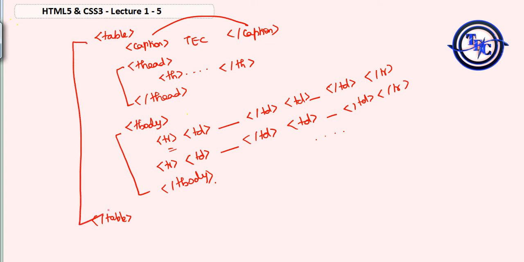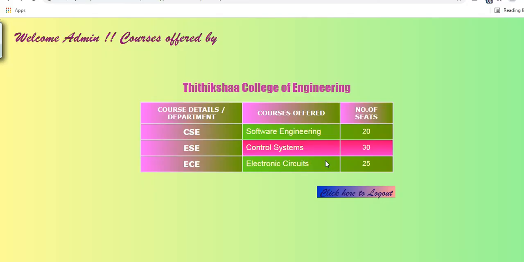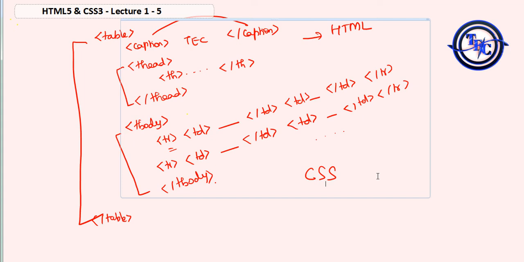For structuring this you will use HTML. The current version I think is 5 or 6. Next one, for styling, how it has to look. See, I'm giving some gradient colors, and the font I have changed, the size of the font also I have changed, here using cursive letters, and here I'm using shading. It's simply a link, an anchor, but I have designed this. So for that you will go for the styling. This is in short and sweet.